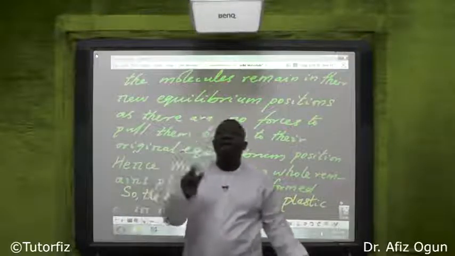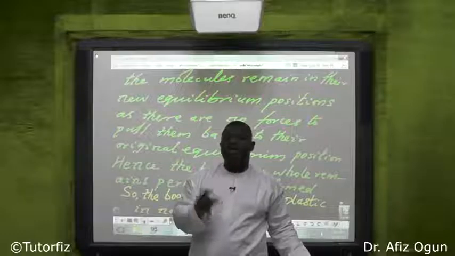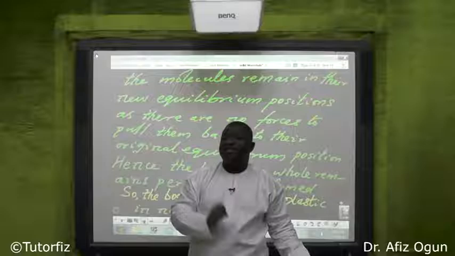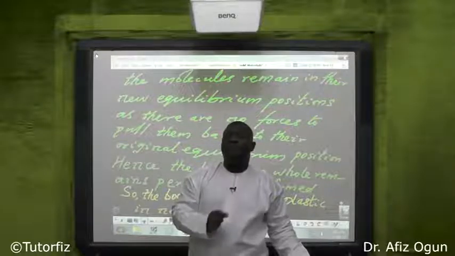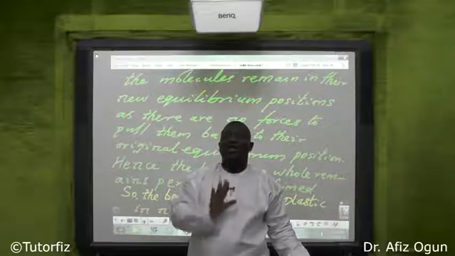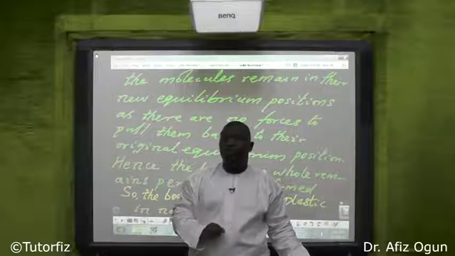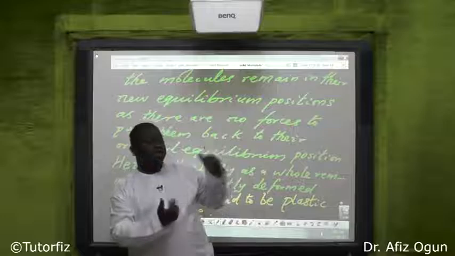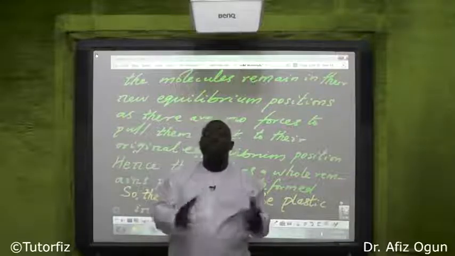That means every 2 Newtons you apply, it should extend by 1 centimeter. That means it obeys Hooke's law. That means 0 Newton will extend it by nothing, by 0 centimeter. So Mr. Hooke now told us, after he has checked this experimentally and he has confirmed that this is really